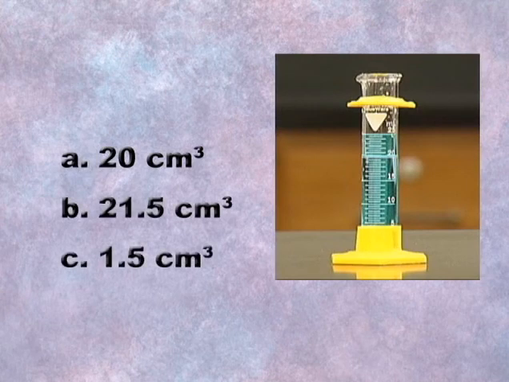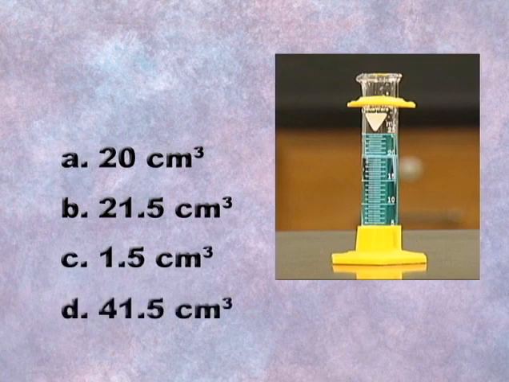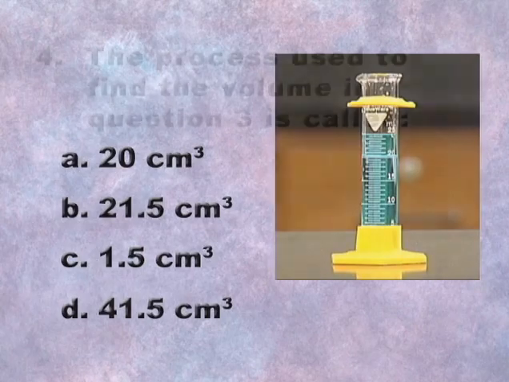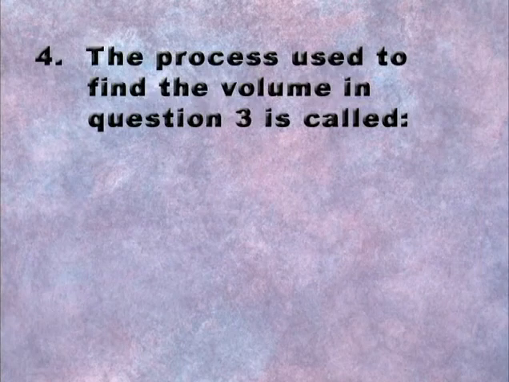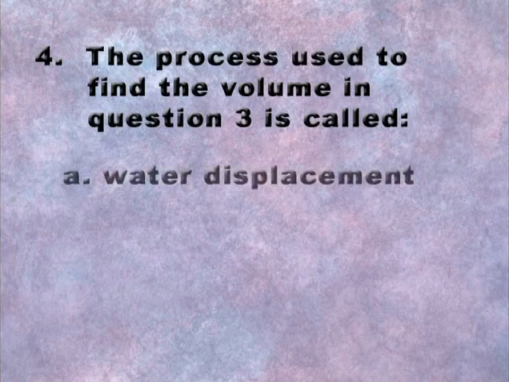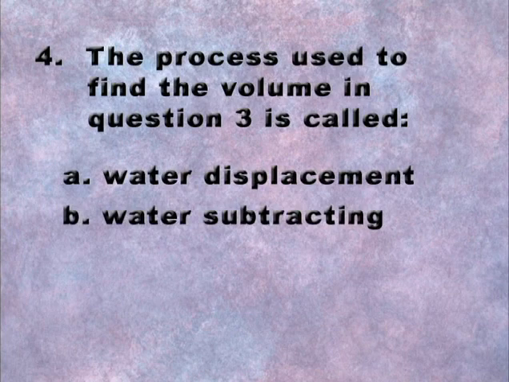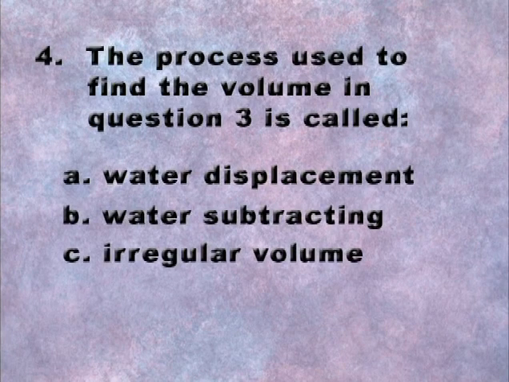C. 1.5 cubic centimeters. D. 41.5 cubic centimeters. Last but certainly not least is question number 4. The process used to find the volume in question number 3 is called A. Water displacement, B. Water subtracting, C. Irregular volume,